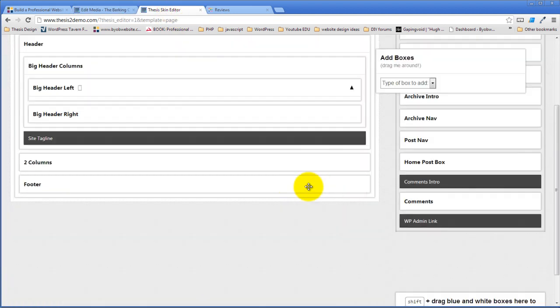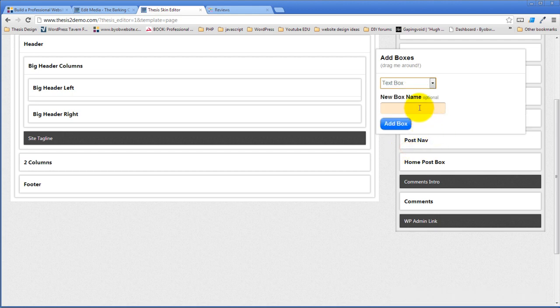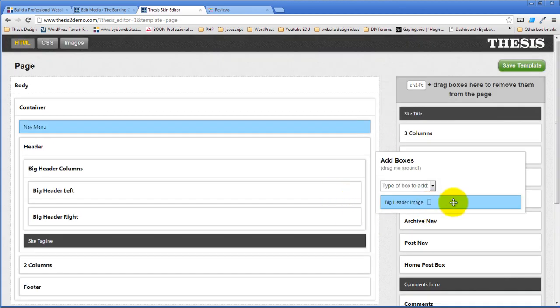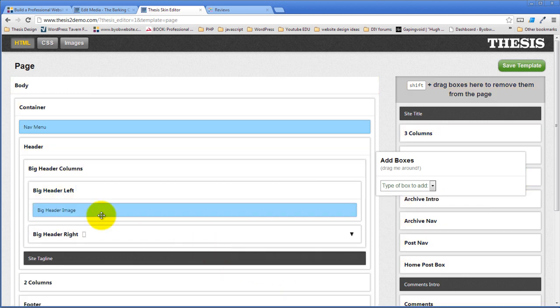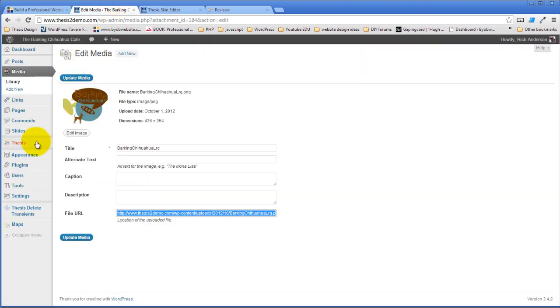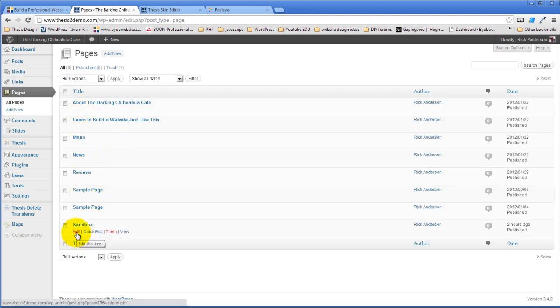And we're going to come over to the header left column, and we want to put a header image here. So what we're going to do is try another box type, and this is called a text box. And I'll call it big header image. Add the text box. I'm going to shift drag it over to header left. And this is where you can put any kind of HTML that you want here. So what we're going to do is create well, actually I already have a sandbox page created for creating the HTML. So we'll just come over here to Pages, All Pages, go to my sandbox page,